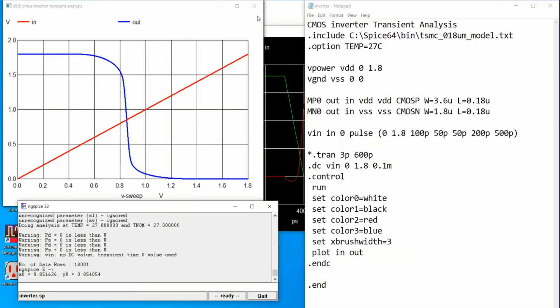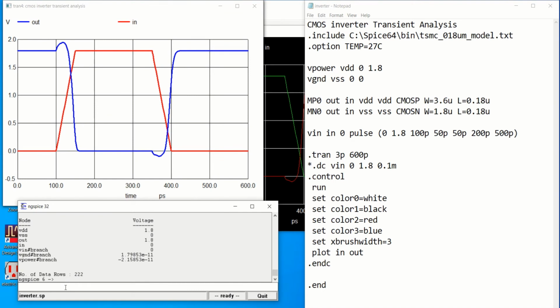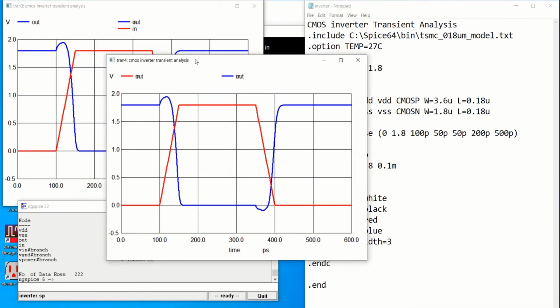You can calculate the delays as well for this particular circuit. So use this asterisk to disable the DC and enable this. Save and run the command again. It opens one more window. So you can see this. In order to estimate the fall time delay, first the TPLH at a 50% duty cycle, you have to estimate it.